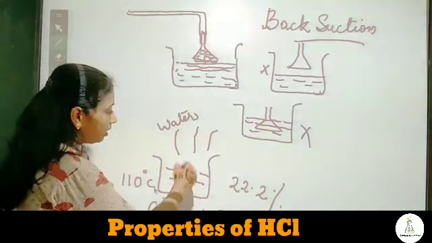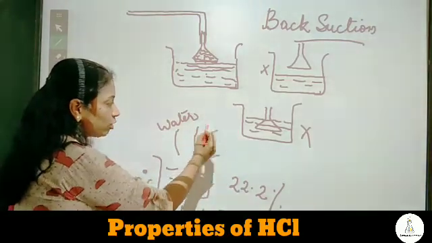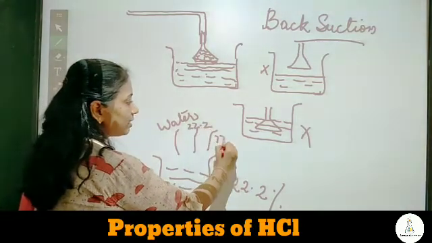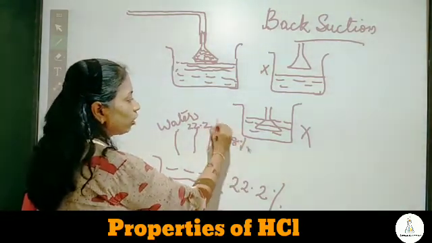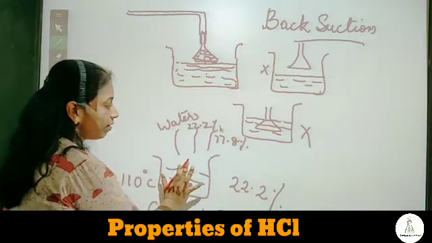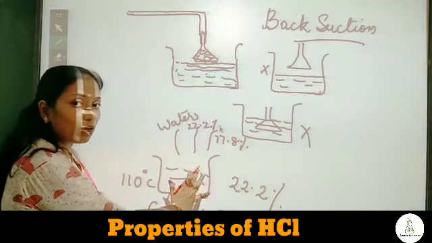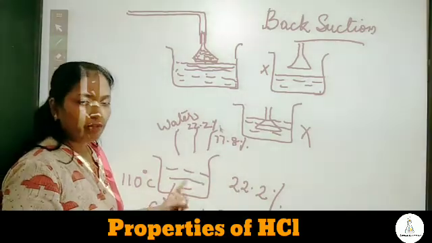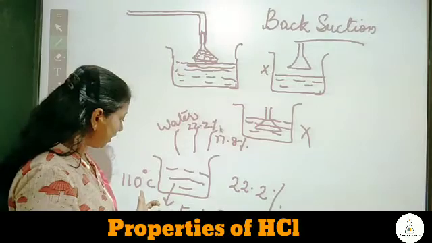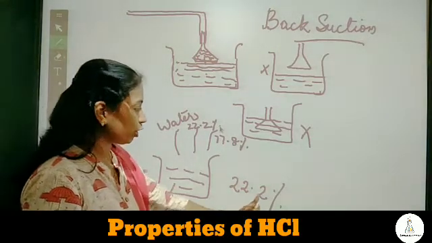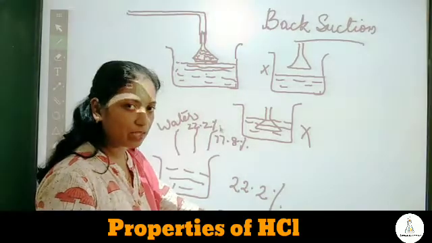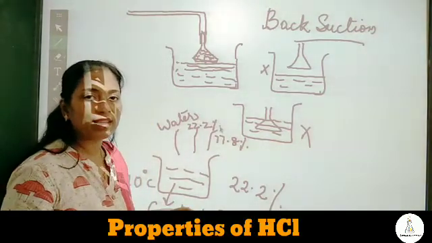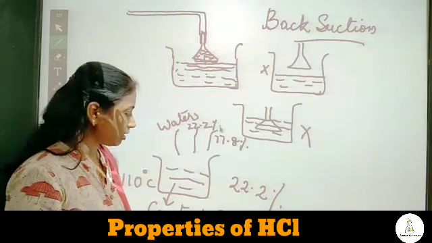That is, the vapor will also contain 22.2% of acid vapors and 77.8% of water vapor. That means there will be no change in the concentration of this solution, and this solution, which at 110 degrees Celsius and 22.2% acid concentration boils with no change in concentration, is called